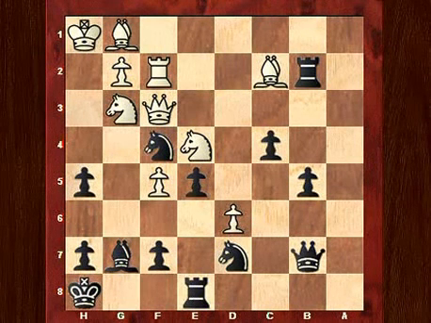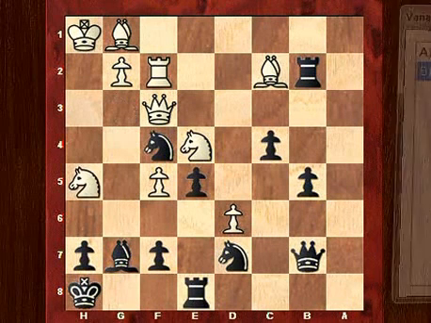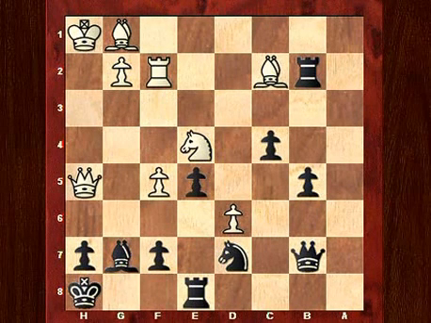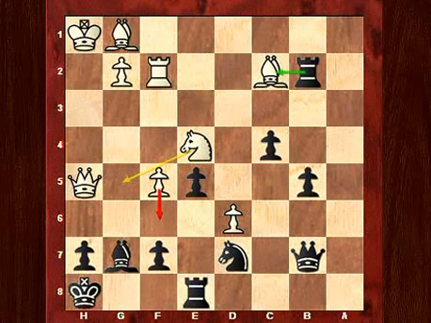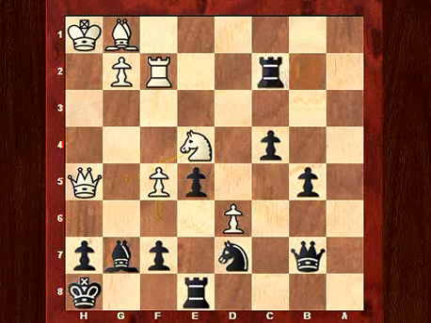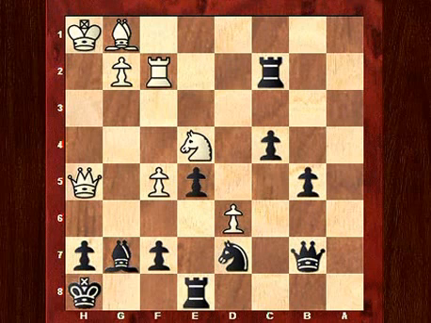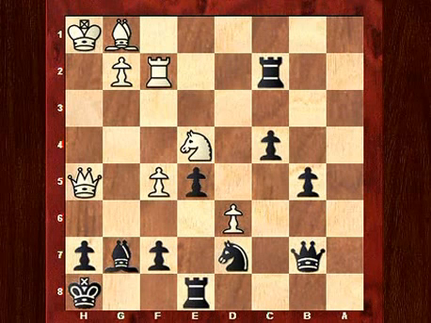And the motive here is deflection. So knight takes, queen takes. I first deflect the defender of that knight on e4. And then my next motive is removal of the defender. I capture that bishop on c2, and then that knight should surely fall on e4. Or so I thought, because in this position